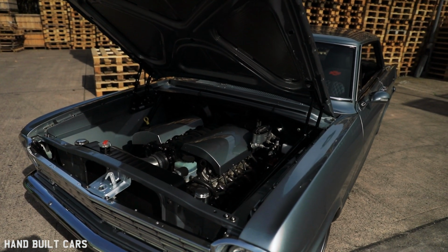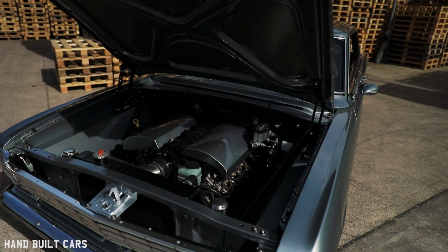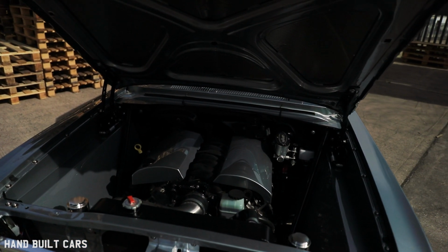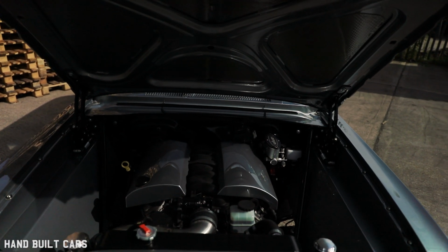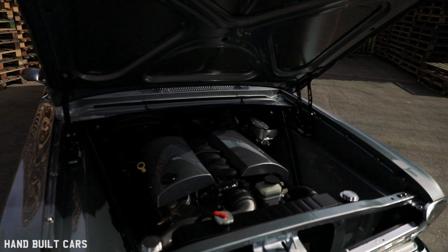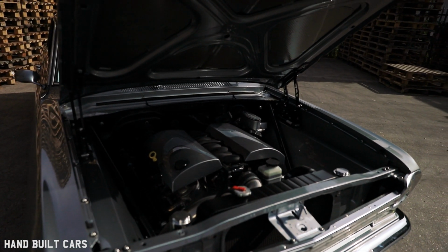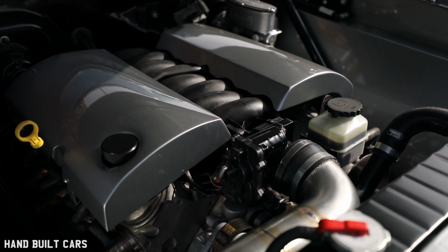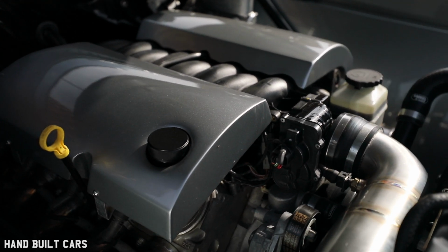"Oh, I've got just the engine for you," and he got an LS1 all aluminium one, so it is a better engine, and he said, "How about putting that in there?" And I thought, what a good idea. So we didn't put the LM engine back in. We put this new LS1 engine in with the 6-speed box, and then Dave at Restro then fitted that in